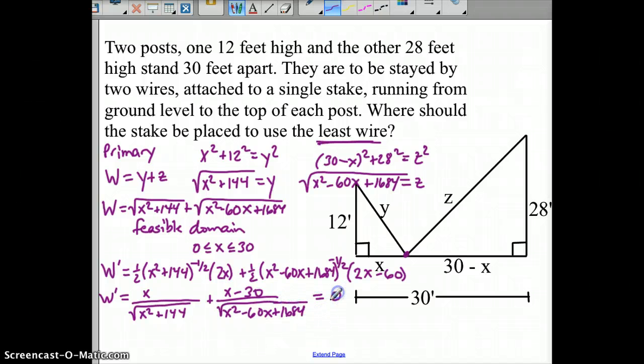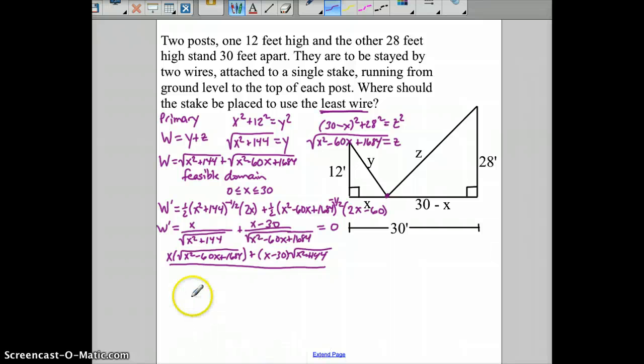I want to set that equal to 0, so I better get a common denominator. So multiplying the left side by the square root of x squared minus 60x plus 1684, and the x minus 30 times the square root of x squared plus 144. And that's all over the combination of the square root of x squared plus 144 times the square root of x squared minus 60x plus 1684. So if I want that equal to 0,